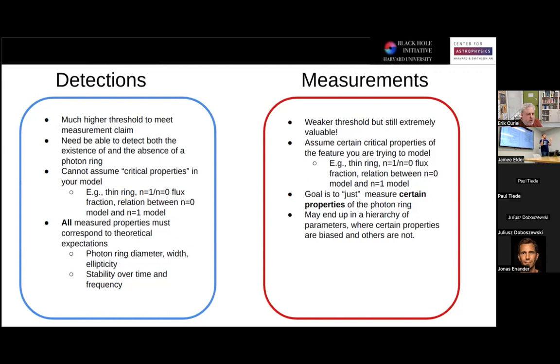I want to be able to have my model say there is no photon ring here. So one of the tests you might want to do is, let's do a GRMHD test where there's no photon ring and see what that thin ring component does. You also want to, in your detection criteria, not assume critical properties. One of the defining properties of a photon ring is that it's thin. Assuming that your model is thin, maybe bleeding over that edge a little bit, you're kind of assuming the answer